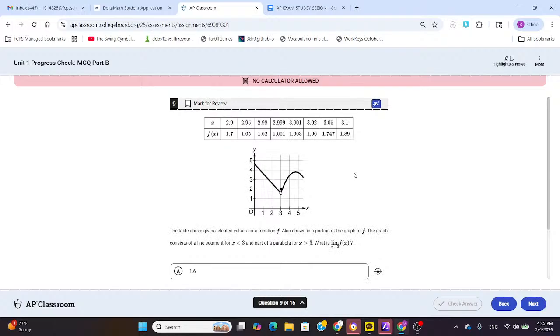Alright, let's look at the next question, number 9. The table above gives selected values for a function f. Also shown is a portion of the graph of f. The graph consists of a line segment for x less than 3, and part of a parabola for x greater than 3. What is the limit as x approaches 3 of f of x? So when it approaches 3, on both sides,